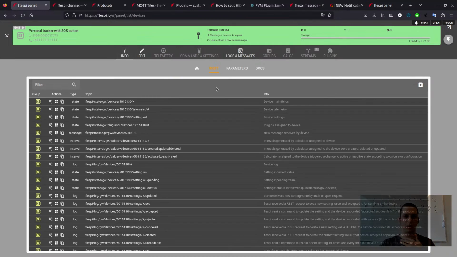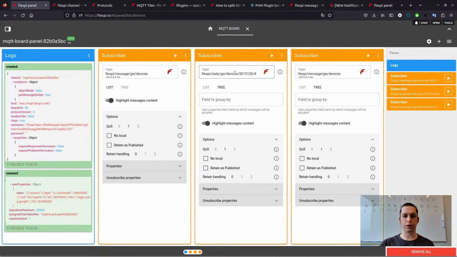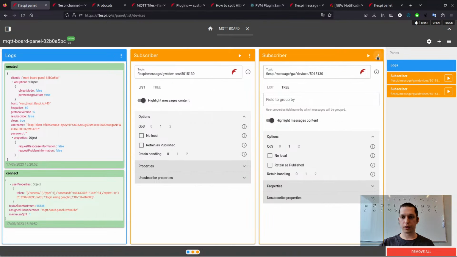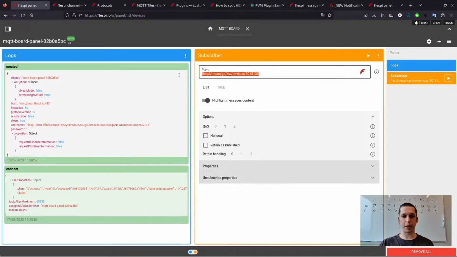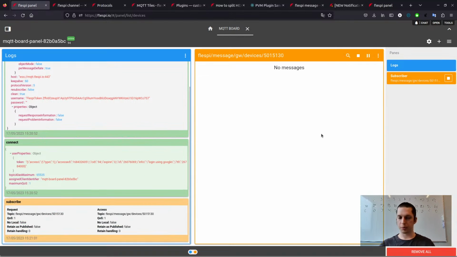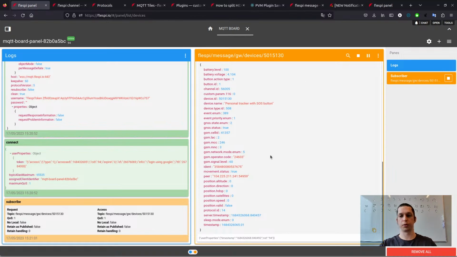So if we go to the Info tab and see this MQTT topic with messages to subscribe to, right from here we can click on the ear button and the application MQTT board will be opened. Let me tune it a little bit. So if we subscribe to this topic, then the MQTT client in your browser will subscribe to it, and new messages will come to this topic once they arrive in the platform. So this is a sandbox for you to experiment with the MQTT protocol if you want to use it in your dashboards, or if you want to use it to obtain messages from your server side, for example.